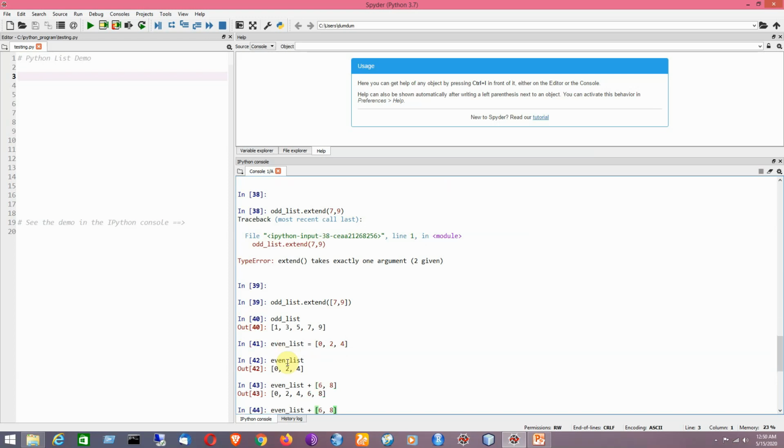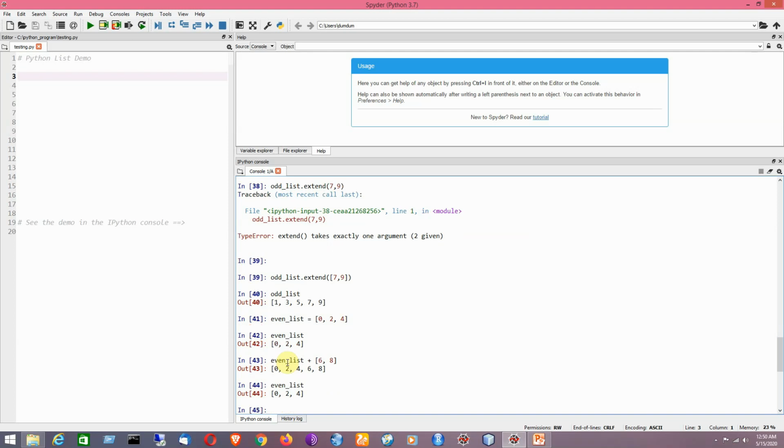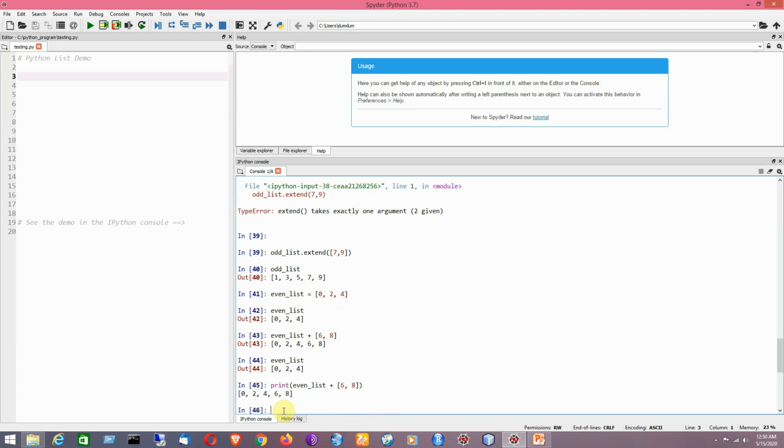If I print it by using the name of this, it will be showing it. But if I print it by using the print function, with even list plus the value that is being added here, then it will be done successfully.